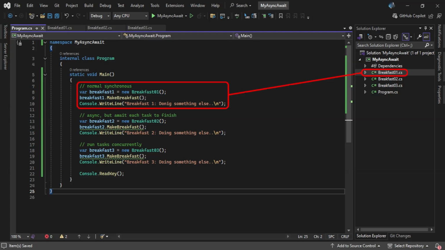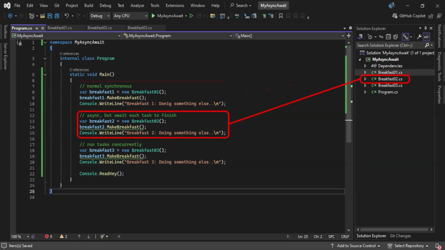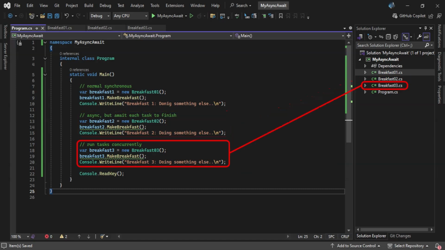Breakfast 1 will run top to bottom in the normal synchronous way. Breakfast 2 will run asynchronously but await each task to finish before starting the next task. Breakfast 3 will run all its tasks concurrently or simultaneously at once, without waiting for one task to finish before